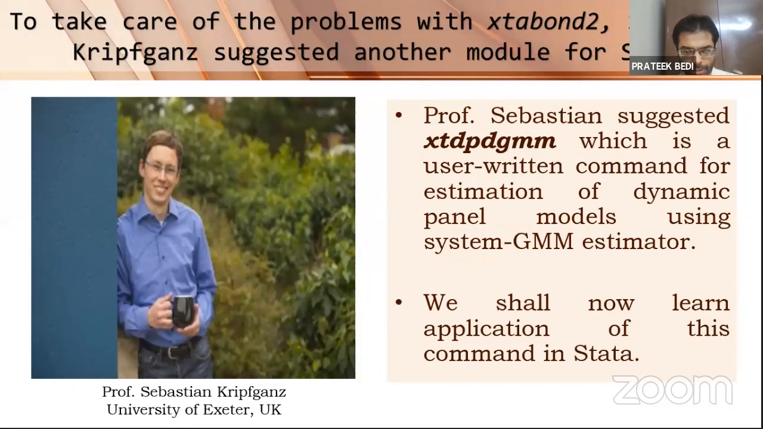The person you see on your screen right now is the man behind this command, xtdpdgmm, Professor Sebastian Kripfganz. He is the one who identified and decided to address the issues we had with xtabond2. The basic problem with xtabond2 is that whenever we include time dummies, the degrees of freedom calculated in order to estimate standard errors for the coefficients are not calculated correctly, and that is why the standard errors which we get